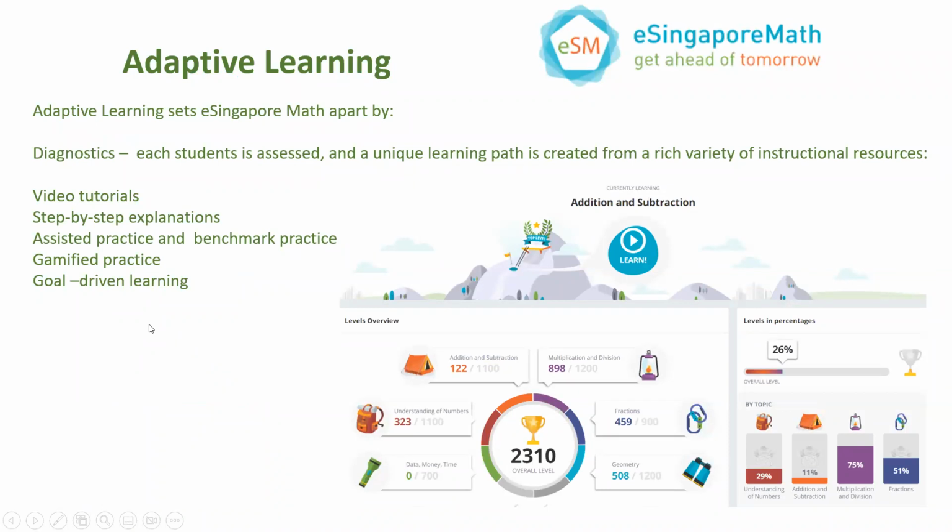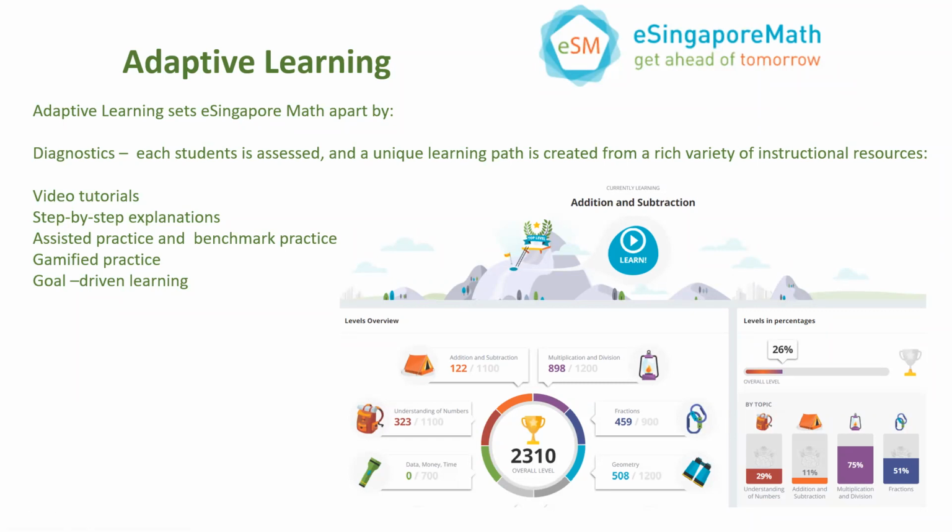Another advantage to the Singapore program is that it involves adaptive learning. So the program gets individualized based on the students' responses and how they show what they're doing. If they need reinforcement, they get taken in that direction. If they're ready to move on, the program can do that. There's diagnostics where each student has their ability assessed, and a unique learning path is created for each student, and all the exercises come from a rich variety of instructional resources, and those include